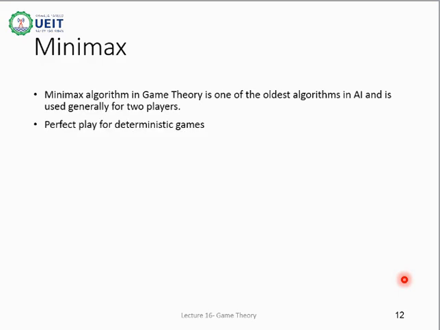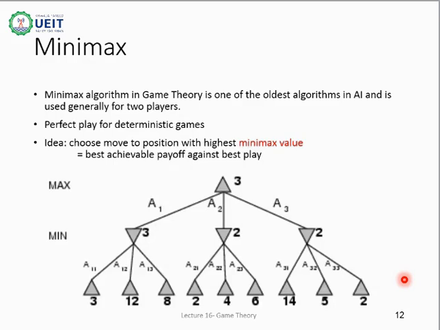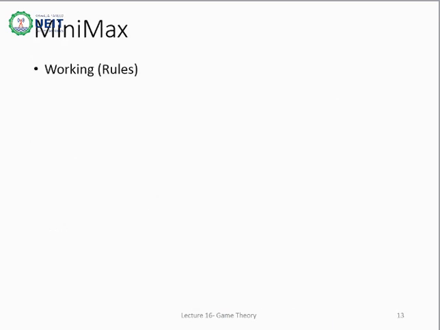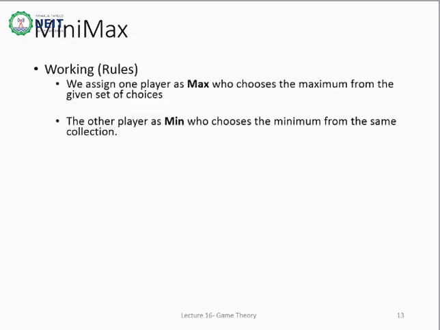It always starts from the max position. Then min and max each take turns to repeat until a terminal state is reached. For example, in the given figure, the game ends after 2 turns. This is the initial point. The root node is always at max. Then the turn is of min. These are the terminal utilities that have been provided. Let's discuss the rules. As the Minimax algorithm is generally for two players, one player is assigned max and the other is assigned min.